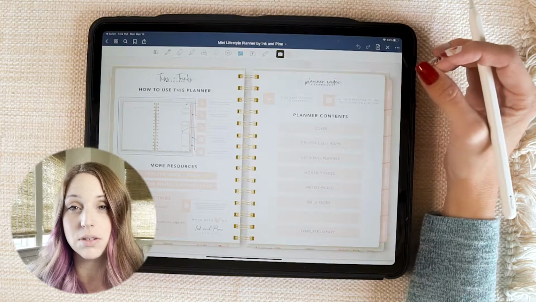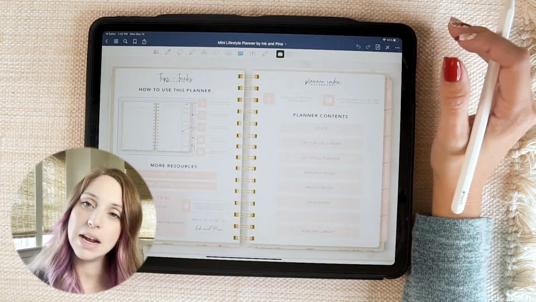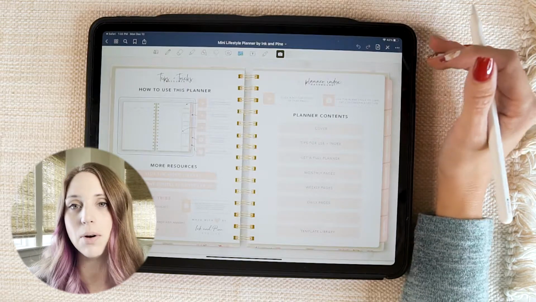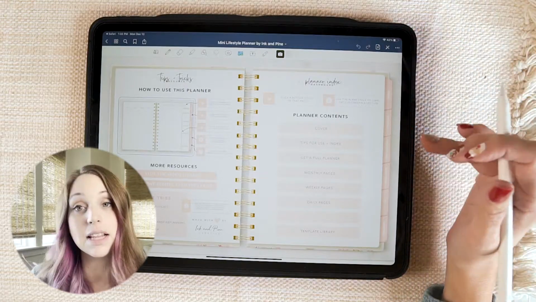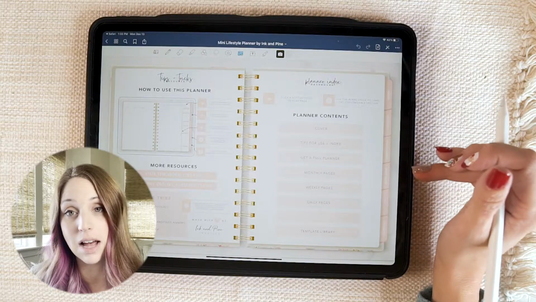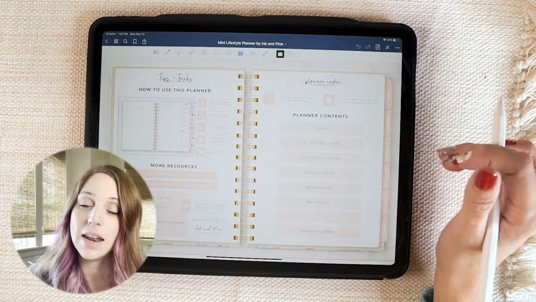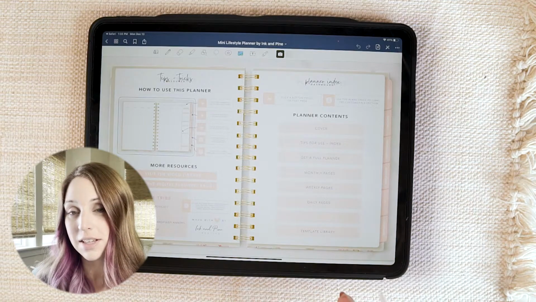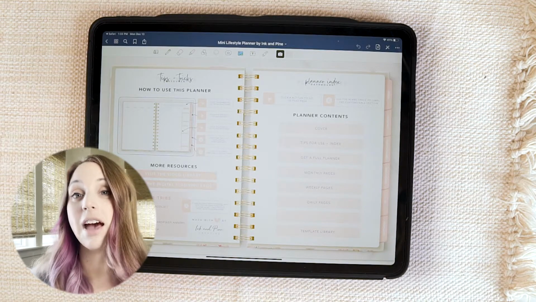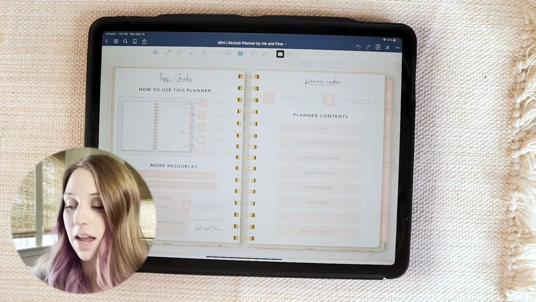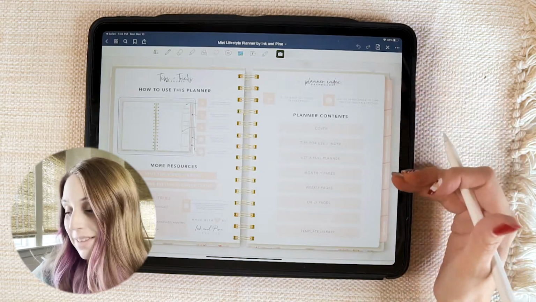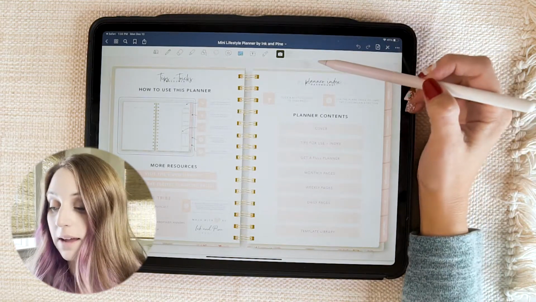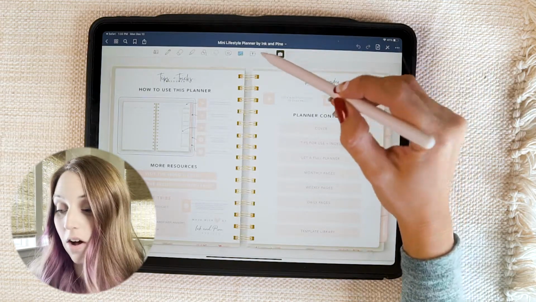Most apps you're going to use for digital planning will have a reading mode and an editing mode. The reading mode will turn on the buttons and the links inside the planner itself or inside the document, and editing mode will turn them off and turn on all your tools. So Goodnotes is just like that. They have an editing and a reading mode. If you want all the buttons like the tabs on the side of the planner to work, you need to be in reading mode. Right now, you can tell I'm in editing mode because you can see all this toolbar